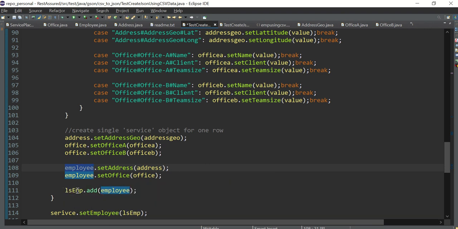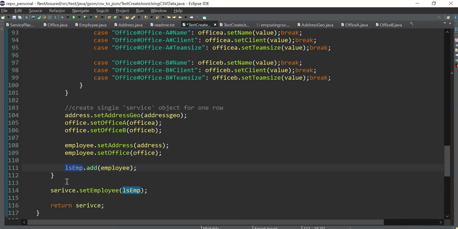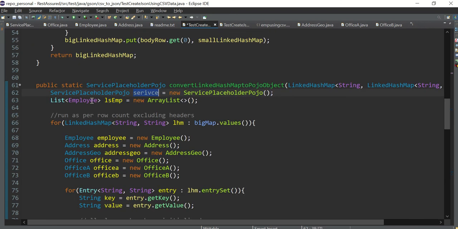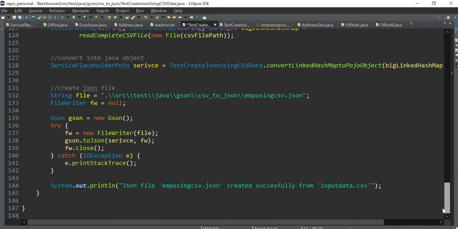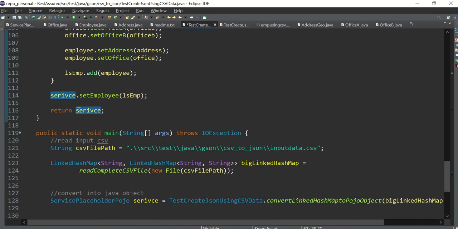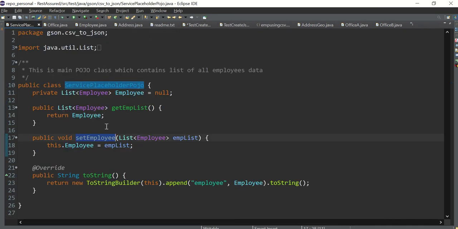So I am adding it into a list of employee. This is what I want. Once I have the list, I will call set employees on the service placeholder POJO object, and set employee needs a list of employees.